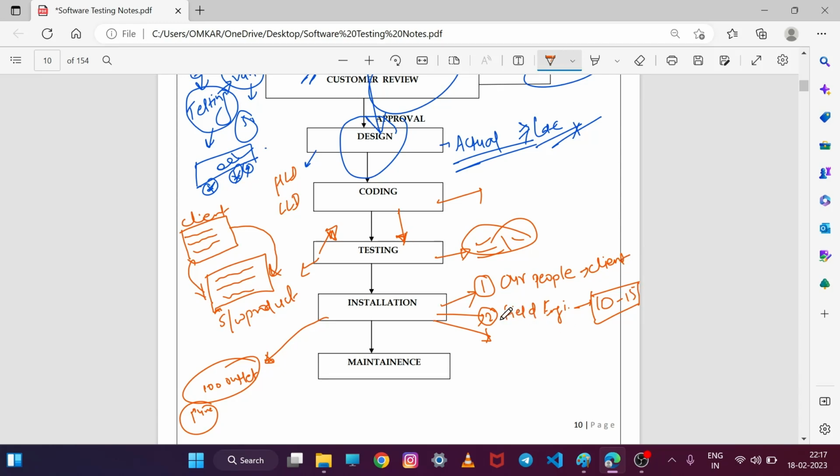The second scenario is installation engineer hires the field engineers and the field engineer goes to the client place and install that software. Okay, and the third scenario is समझो बैंकिंग सेक्टर के सॉफ्टवेयर है. Okay, SBI का सॉफ्टवेयर है. सो SBI का सर्वर बहुत हाईली सिक्योर होता है. सो आवर पीपल्स आर नॉट अलाउड टू एक्सेस देयर सर्वर.